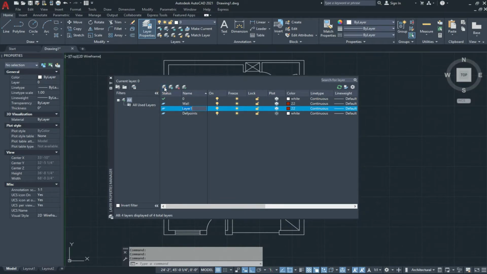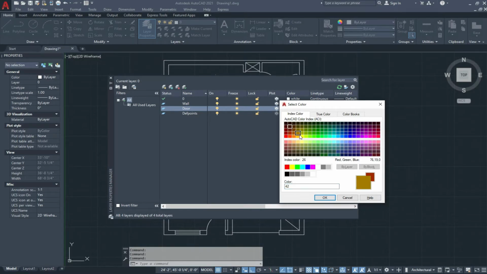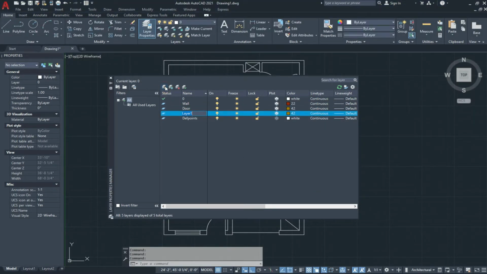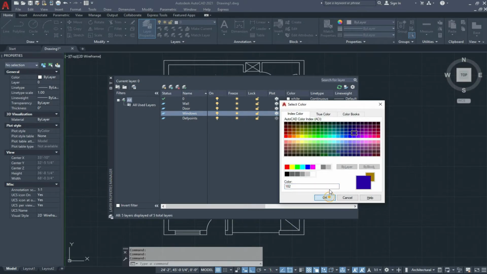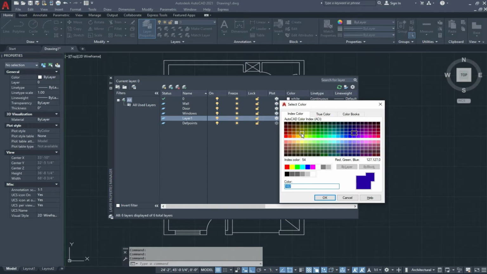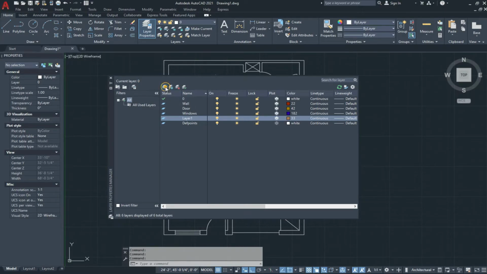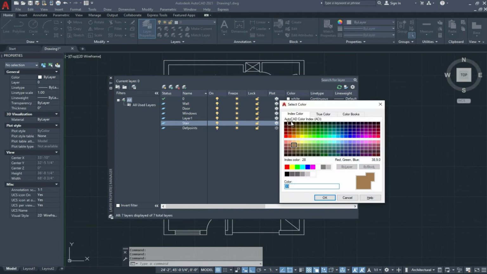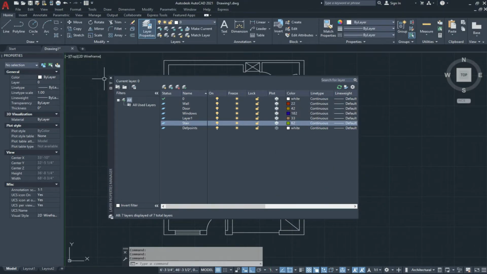We make another layer for windows, and with the name of stair, and change the color and click on OK. Now close it.